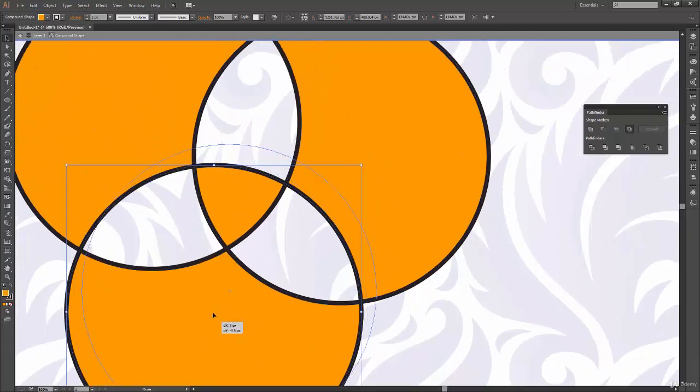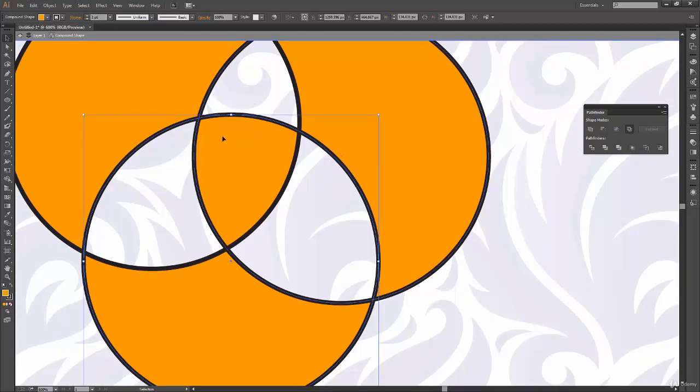When I put this circle somewhere over here, it is intersecting with none. If it is intersecting with none, then that means it is going to be saved. The shape or the part which is intersecting between two shapes will be removed.